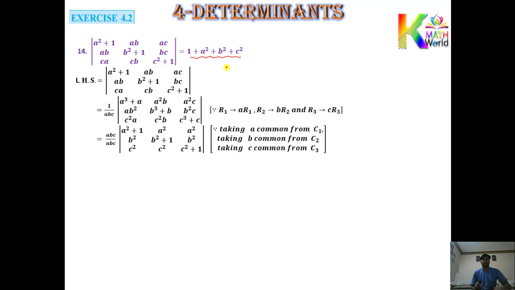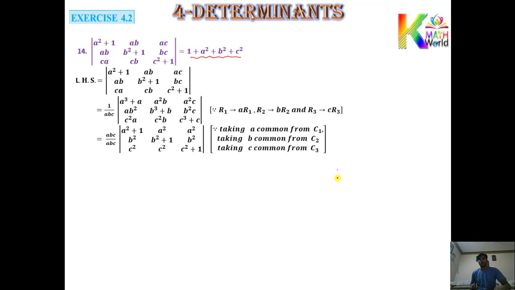1 plus a square plus b square plus c square. Why? Because you can see everything you got in square form. But initially it was not in square format. That's why here you need to multiply the first row by a, second row by b, and third row by c. Okay, now to set 1 plus a square plus b square plus c square, you can easily observe what to do. This b square is being added to the first one and this a square is being added to the first one.